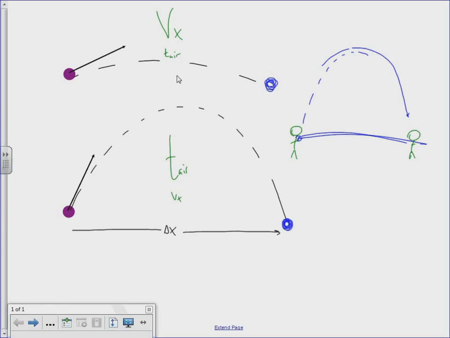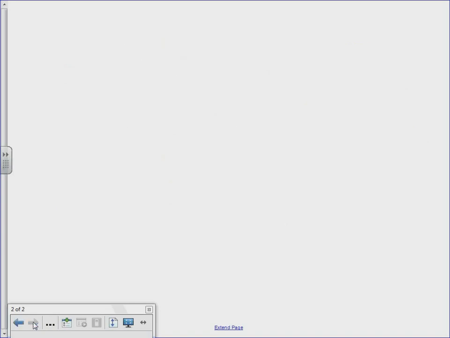Okay, and the question is, what's the trick? I don't know where you're supposed to write all this, but what's the trick about these launch angles? What's special about this angle as compared to that angle? Again, I'm sorry, I know you don't have this slide, but you just got to get this down somewhere. Well, what's special about those angles, you might be able to imagine